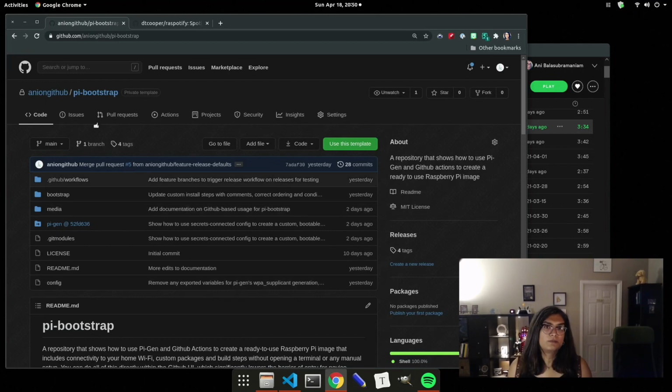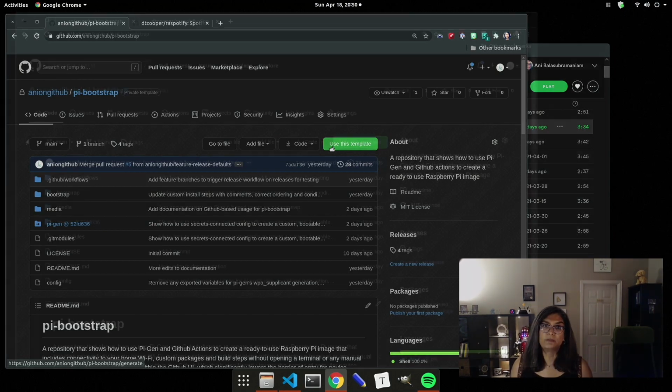Let's go over to GitHub, where you can open the PiBootstrap repository from the link in the description. Note that this is a template repository, so instead of forking it, we'll create a new repo based on that template. It's also worth keeping in mind that there are two roles we'll talk about here. One, a developer who understands Raspbian setup, but is keen to share their appliance template with users. And two, the users who only want to use these appliances and don't care about the technical details. If you're only interested in using this appliance template, you can skip forward to the appropriate timecode from the video description below.